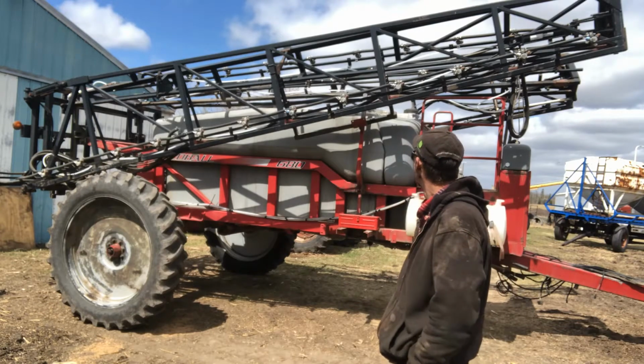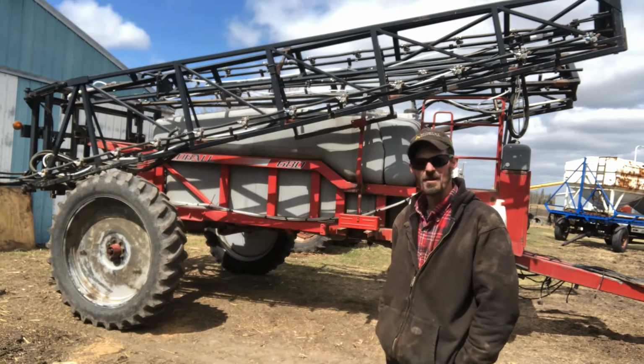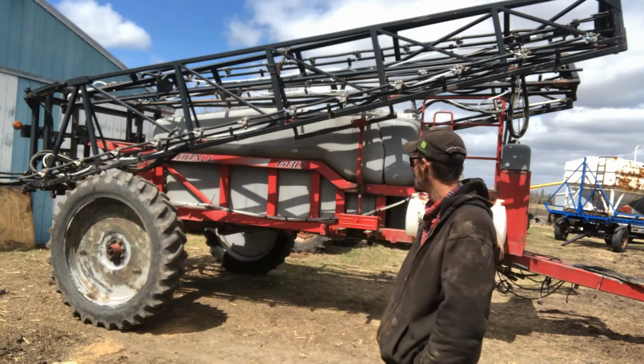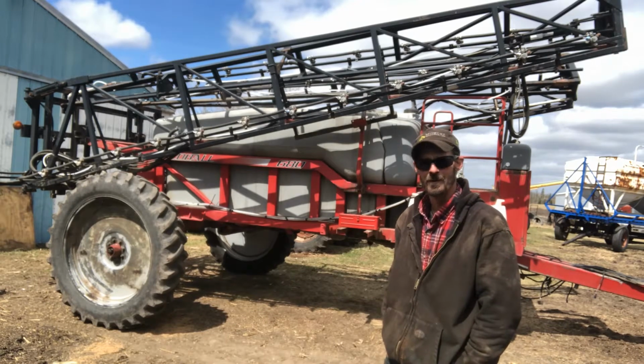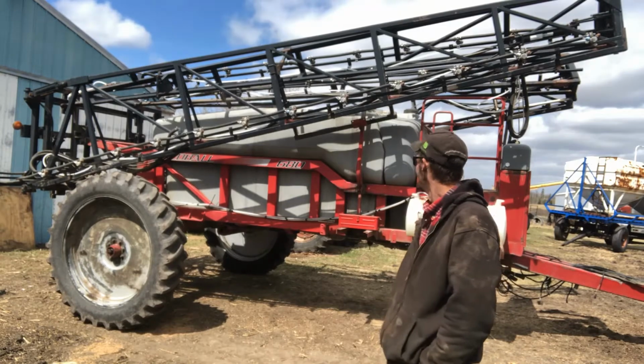He's going to do all of our pre-emergent spraying and/or pre-plant spraying. I don't know, you guys can toss that one around all you want, but to me it's pre-emergent. Whoa! I don't have my tripod up here right now, so